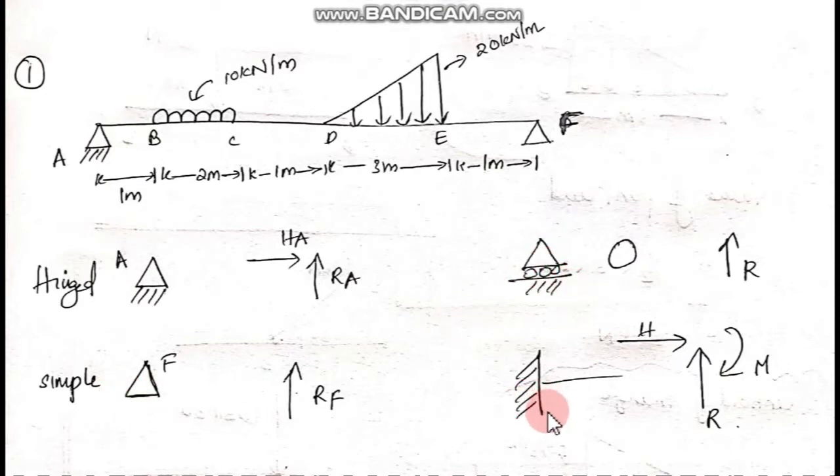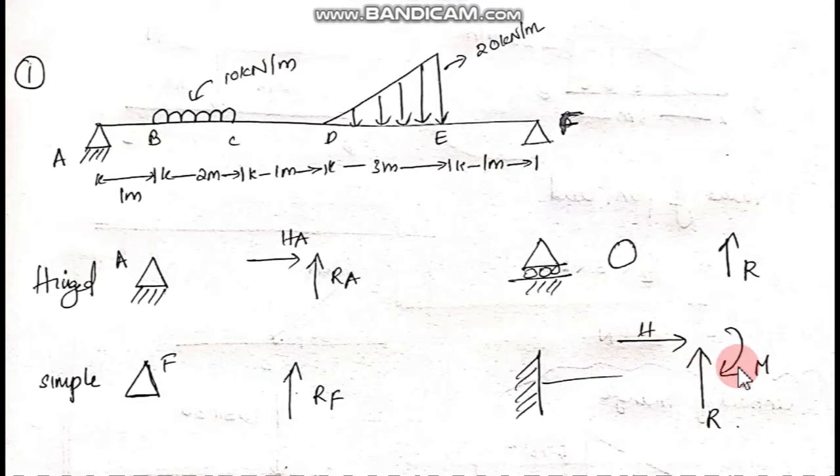What you need to know here is, first of all, when you have different types of supports, how many reactions will come. When you have a hinge support, you have a horizontal reaction and a vertical reaction. When you have a simple support, you only have a vertical reaction. Similarly, a roller is like a simple support. It also has only a single vertical reaction. A roller can be represented like a circle or a ball also. And when you have a fixed support, you have a horizontal, a vertical, and also a moment. These things must be remembered when you are given a beam problem.